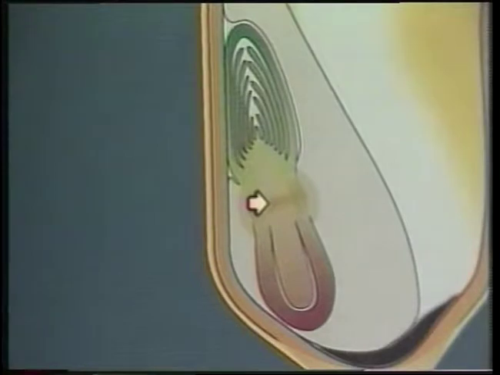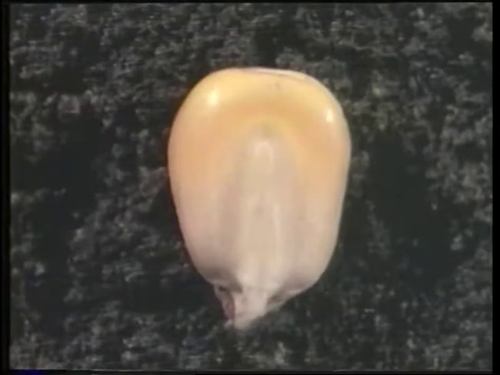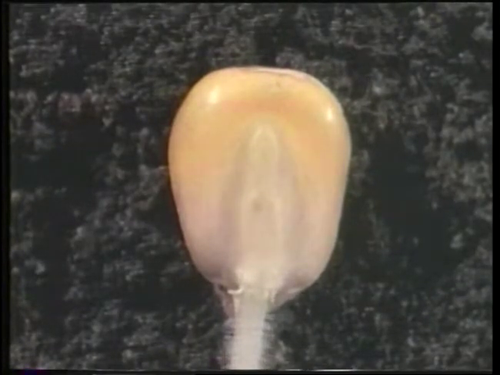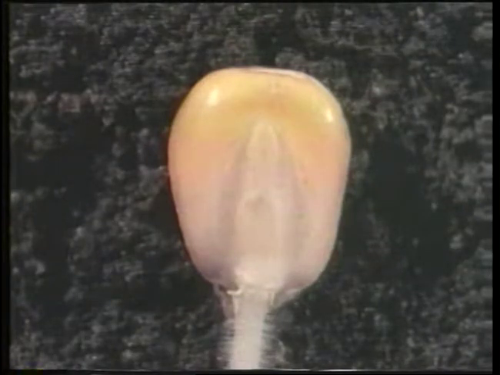The scutellar node is where the scutellum is attached to the embryo axis. The axis is the line connecting the epicotyl with root tissue. The embryonic root found in the lower part of the embryo axis is called the radicle. Surrounding the radicle is a protective sheath known as the coleorhiza. During germination, the radicle elongates and breaks out of the kernel, leaving a rupture. The coleorhiza seals off this rupture to prevent disease from entering the kernel.